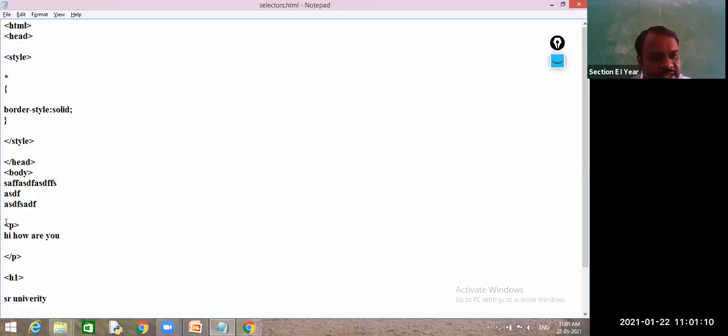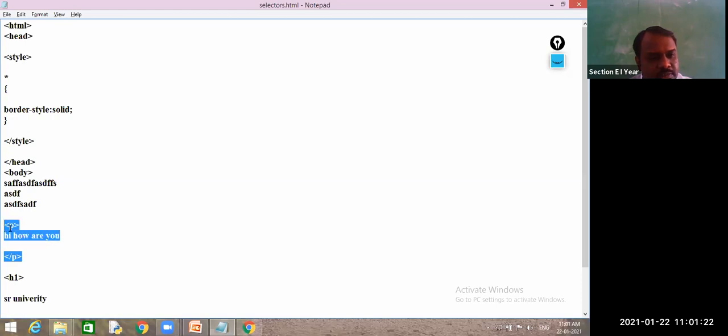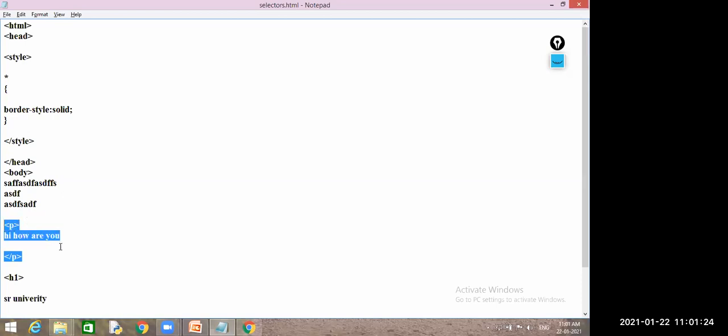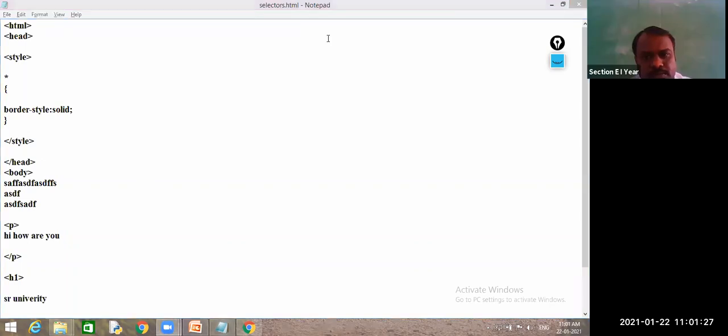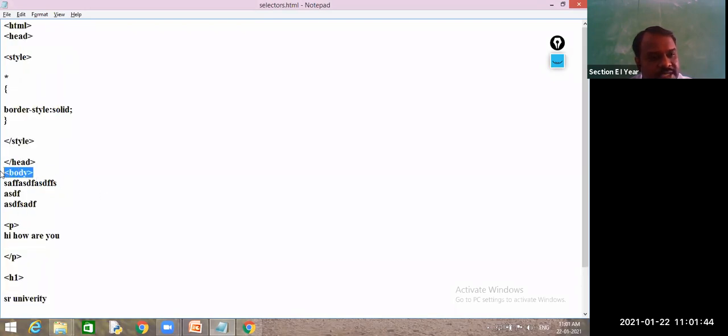For every element, is it applying or not? Did you write this border style as solid for this P element? Did you write border for this paragraph? We did not write border style as solid for the paragraph, nor for the H1 element, and we did not write border for the body.